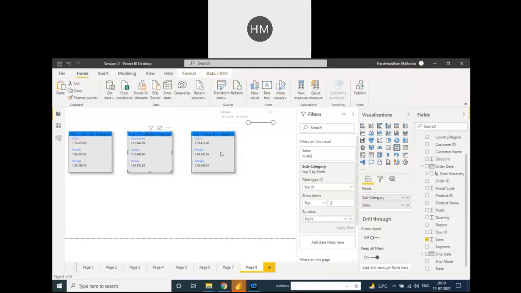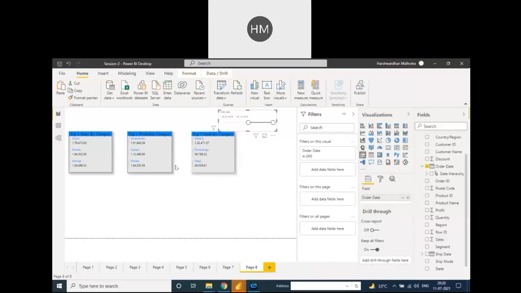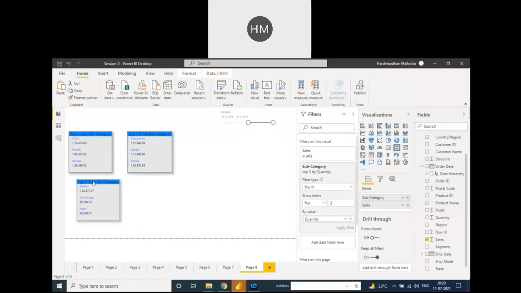Okay, and under this, suppose we need a top three quantity ordered by subcategory. Top three quantity ordered means here we need to change the sales to quantity. So drag and drop quantity and apply filter. See, the highest quantity is binders, furnishings, and papers. As per the calendar, if you see, suppose if we drag and drop here,